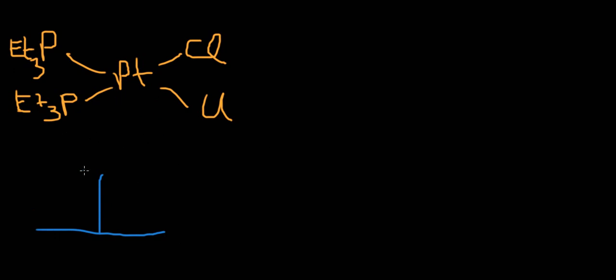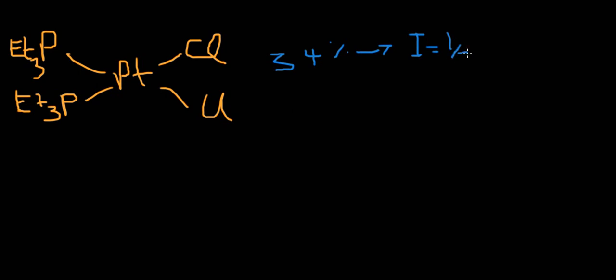Same, one peak for the phosphorus NMR. But here you can't find one peak because the platinum has a spin active nuclei, which is about 34%. 34% of platinum has spin active nuclei, where I equals half, and the rest,